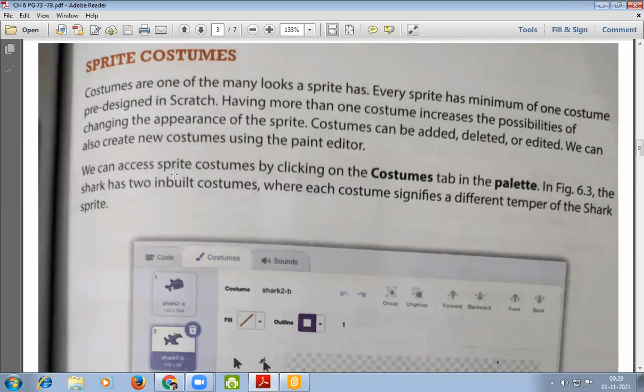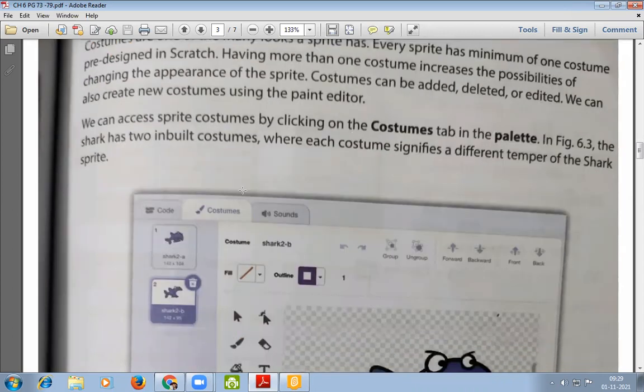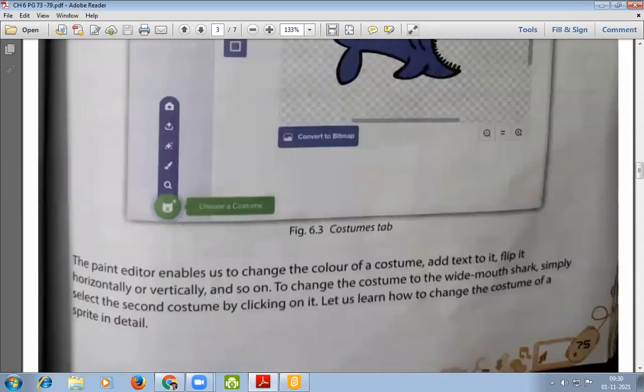We can access sprite costumes by clicking on the Costumes tab in the palette. In figure 6.3, the shark has two inbuilt costumes, where each costume signifies a different temper of the shark sprite. The paint editor enables us to change the color of the costume and add text to it, flip it horizontally, vertically, and so on.